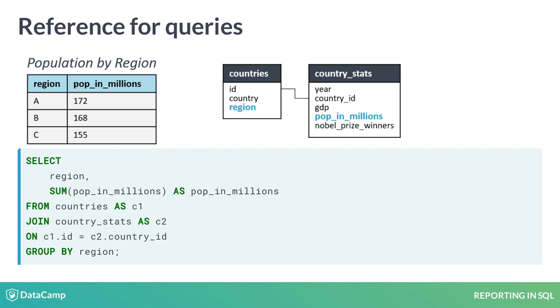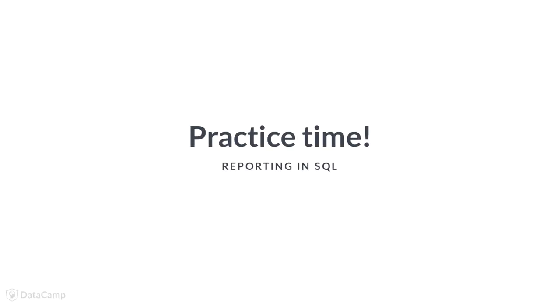The full query is shown here, which joins countries to Country Stats to pull in region and pop in millions. Notice how the ON statement joins the 2 tables on the ID and Country ID fields respectively. Next up, let's practice using ER diagrams when